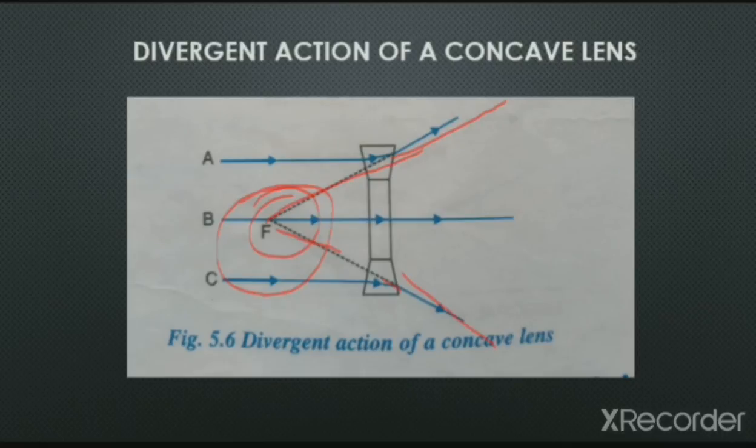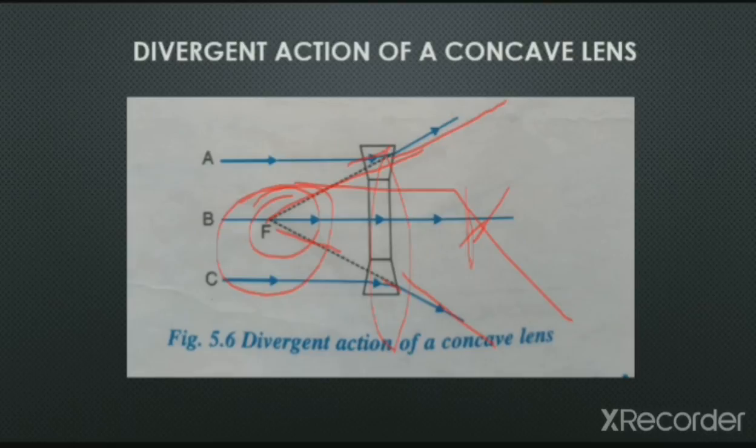In the case of a convex lens, the rays of light were actually meeting at a point. They are meeting at the point F at this point. If this is a convex lens, the rays of light will actually meet at this point, so that point is the real point. That means that focus is your real focus, real focal point. But in the case of a concave lens, we always get a virtual focus. That means the rays of light, after diverging from the lens, appear to meet at a point, and the point at which they appear to meet is known as the focus or focal point.